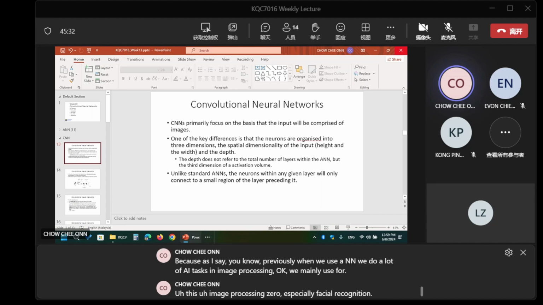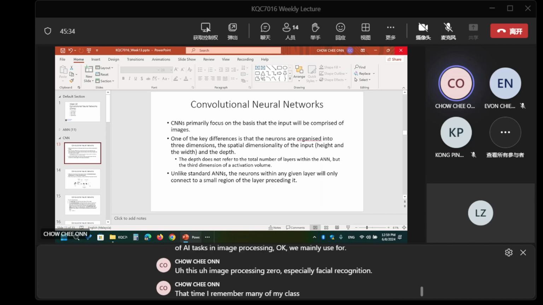I remember many of my classmates doing final year projects on image recognition: recognizing faces, recognizing objects, and so on. Very primitive things. Now it's so easy to do.